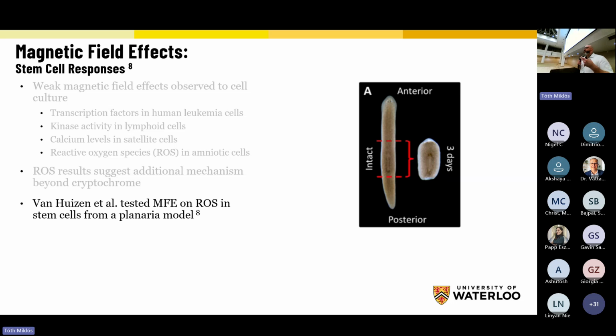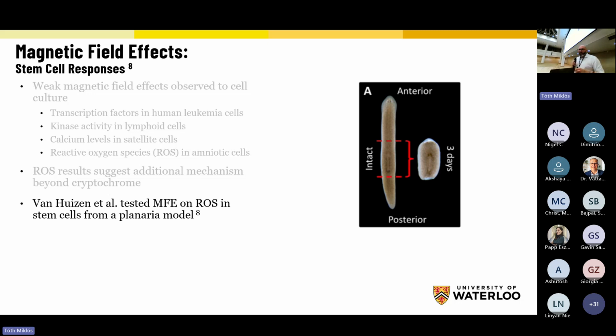And it will regrow itself such that if you cut it completely in half, the head half will regrow a tail and become one planaria, whereas the tail half will regrow a head and it will become a second planaria. And so it performs complete regeneration of its body over time. And so they did experiments where they cut intact planaria and looked at the time it took for them to